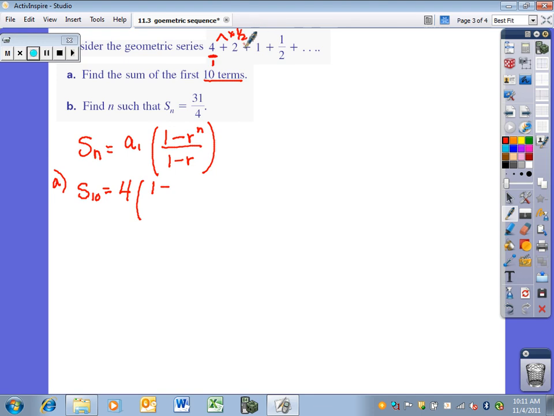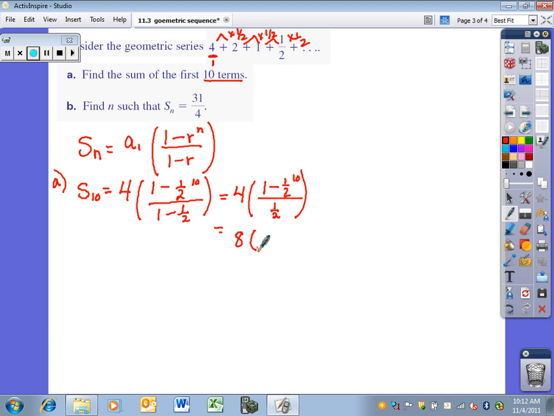Times a half, times a half, times a half. So my ratio is 1/2 raised to the n, which was 10, all divided by 1 minus 1/2, which gives me 4 times 1 minus 1/2 to the 10th divided by 1 minus 1/2, which is 1/2. I'm going to do this part. 4 divided by 1/2 is 8 times,